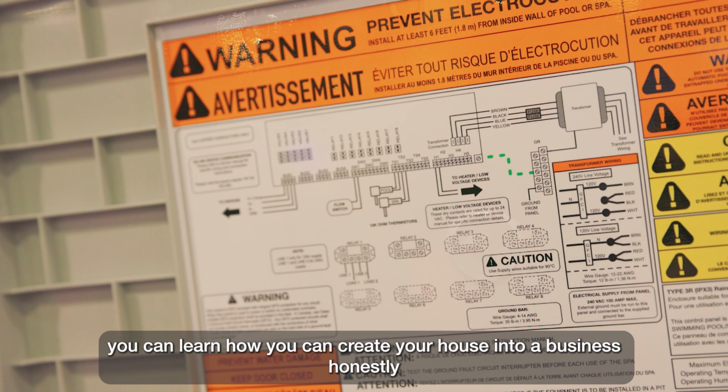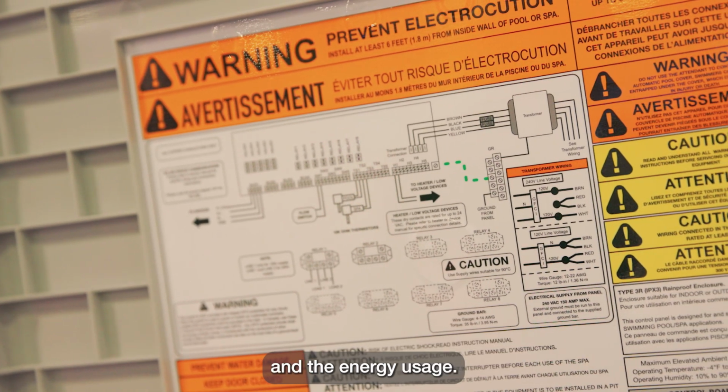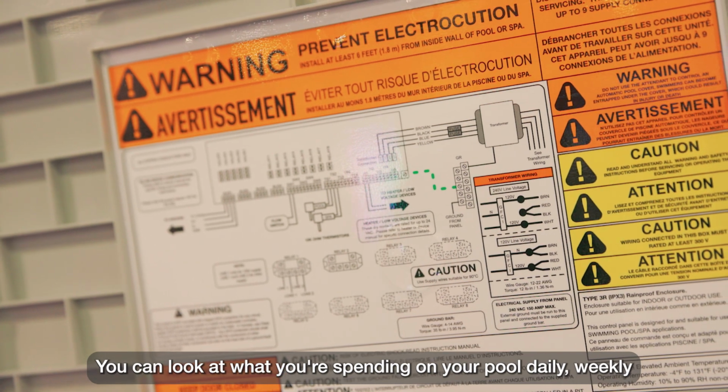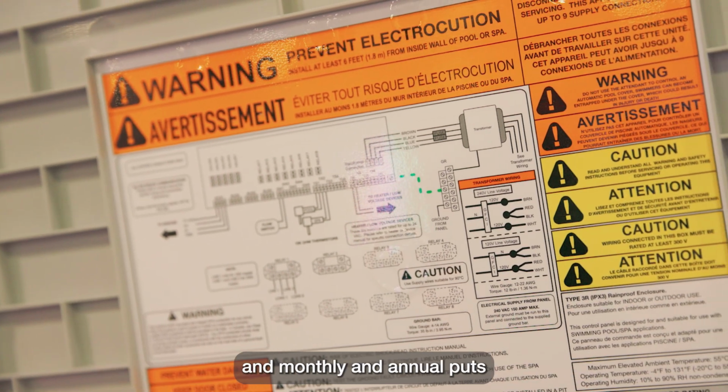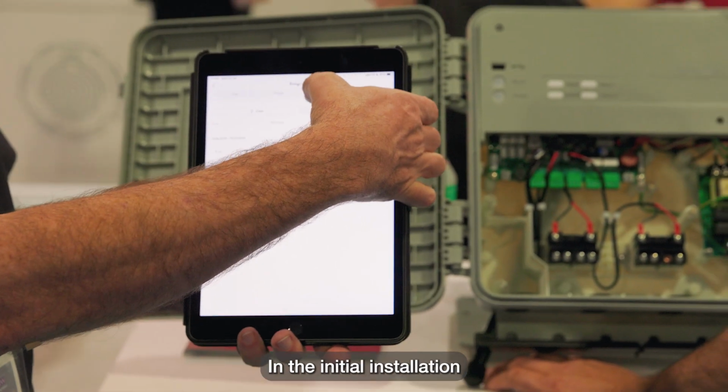Average it. You can learn how you can create your house into a business. Wow, this is really cool. And the energy usage, you can look at what you're spending on your pool daily, weekly, monthly, and annually. And who puts all this in? The tech would put all this in, and then the homeowner does the initial